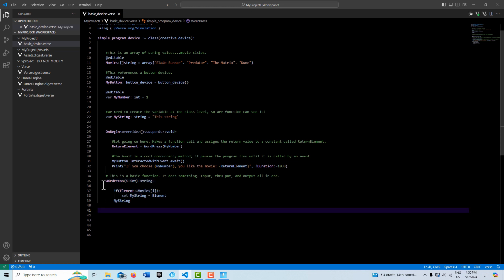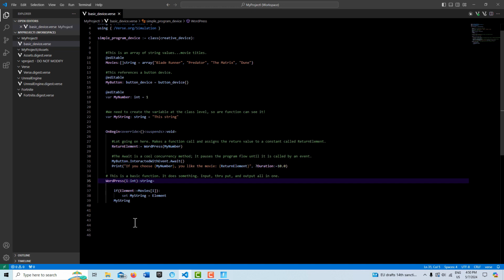Really important here, this is a function in Verse. And notice that it's created on the same level as the on begins play right here. And it has to be here so it can be seen. If it was at any other level, if I just came in one space, see the error that I'm going to get? So it has to be created at this same level